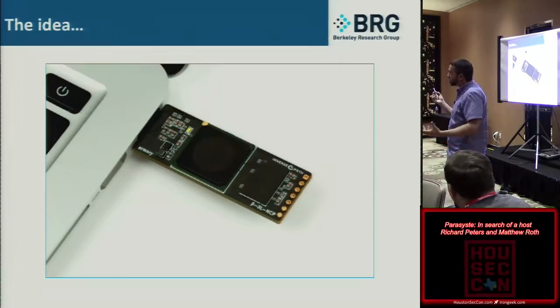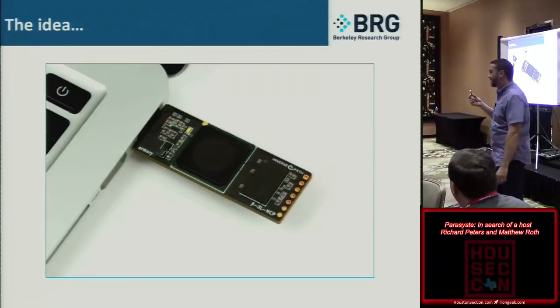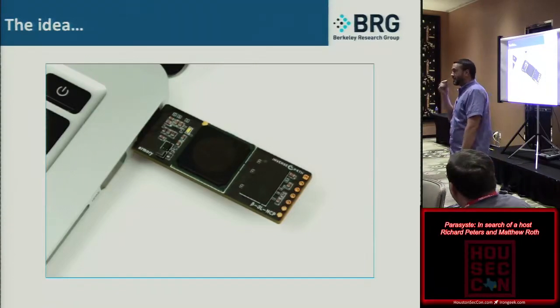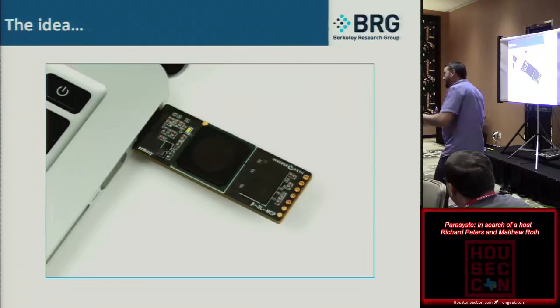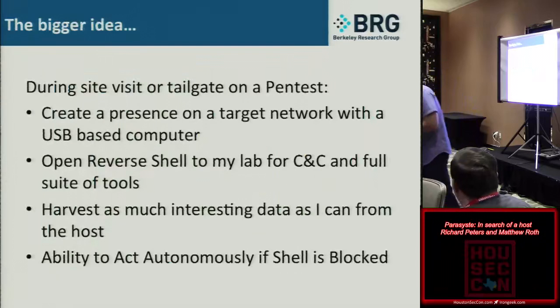It's an open source hardware design. It's open source software. You can run a full-blown Linux distribution on this, so Kali, Debian, Ubuntu. I'll go through the specs. But the purpose of this is whatever you want it to be, right? They talk about how you can put it in a kiosk and use a secure session there. Maybe you use your Bitcoin wallet on here. Maybe you use it for a Tor connection from your PC. So there are all these different ideas. Parasyste is going to be our idea for this, and we'll talk about